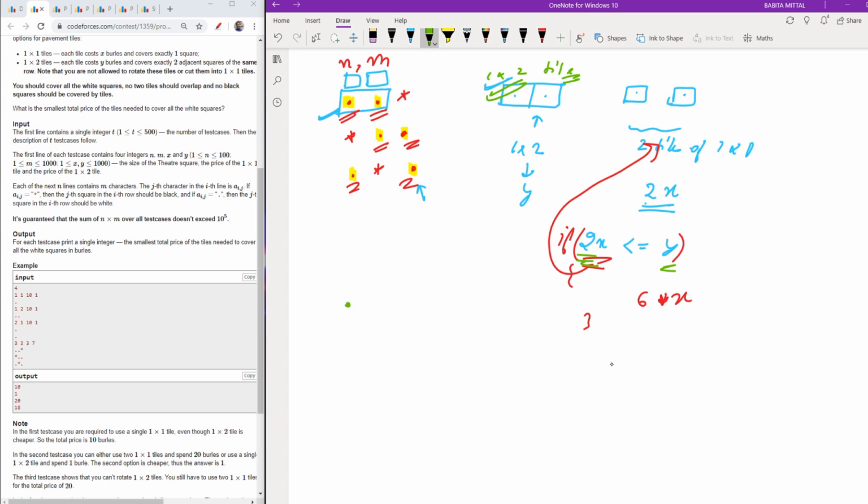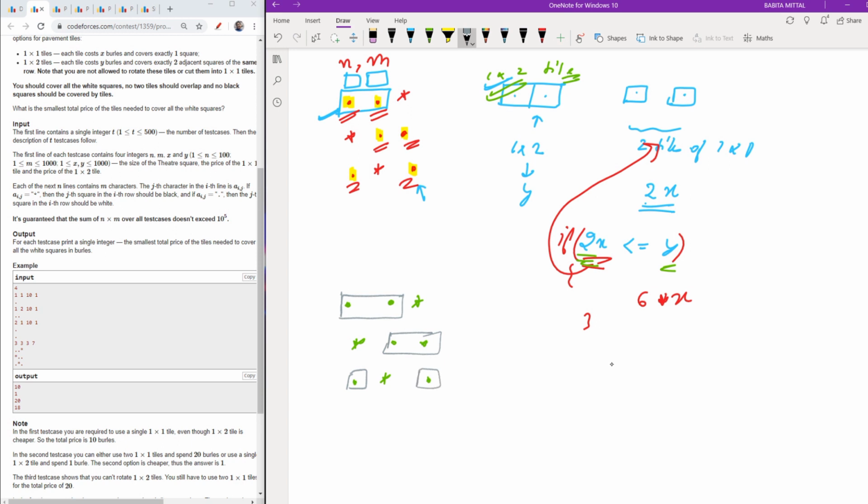Suppose, let me draw it again: dot dot star, star dot dot, dot star and dot. I will place like this, like this, and here I have only one, so I will place like this.